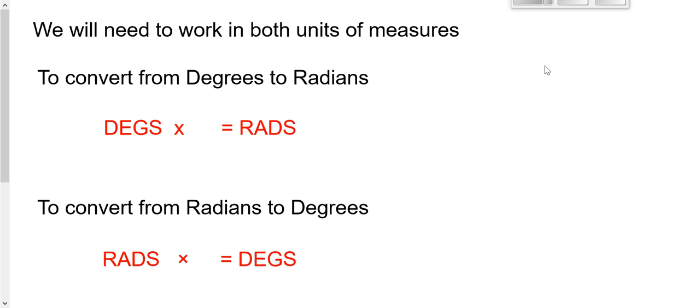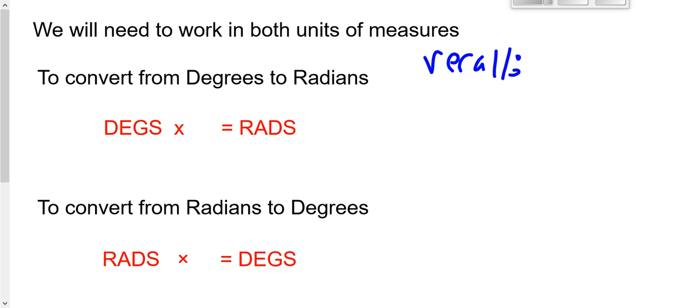So, okay, let's continue here. Now, let's talk about how to do some unit conversion. For those of you who have done Chem 20 and physics, this should be a piece of cake, all right? So, first thing is to